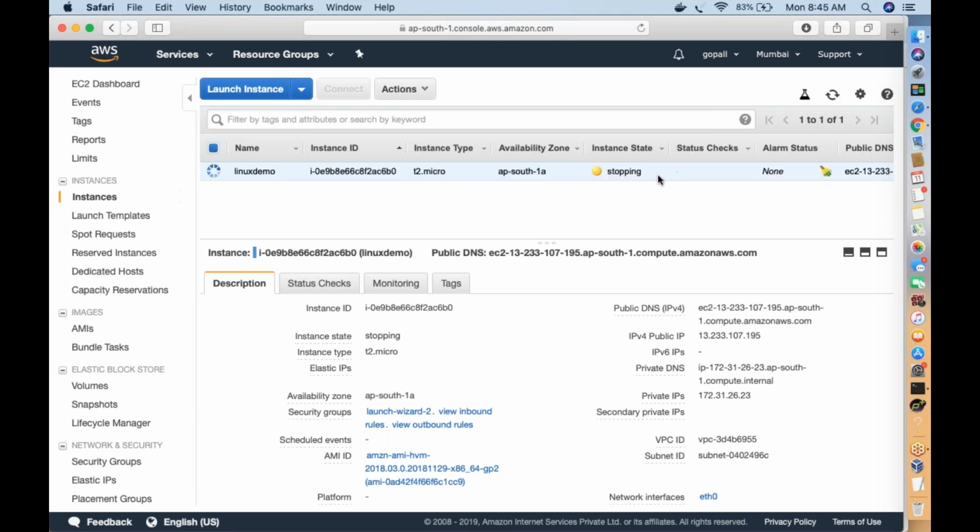When I stop my server, this public IP will disappear, because these are test servers, for which Amazon has given temporary public IPs.